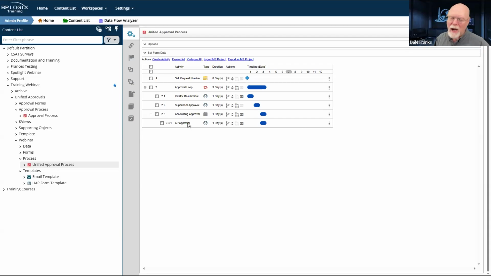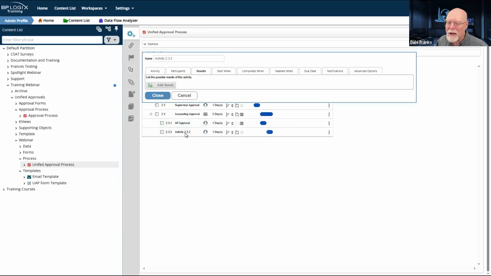I don't know that there's ever a time when AP and AR are both running in the same process, accounts payable and accounts receivable. As I said, I'm not an accountant. So I'm going to go ahead and make them run in sequence. So I will create my next activity, and basically I'm just trying to show how long the segments are. So I'm just going to make it dependent. It may never happen, but I'm just going to call it AR approval. And